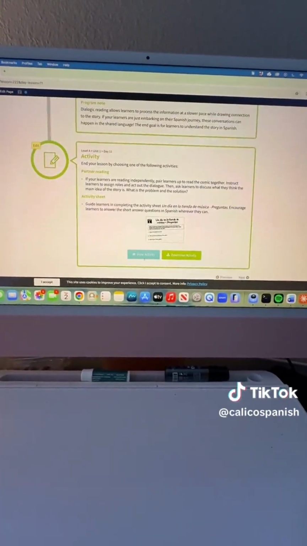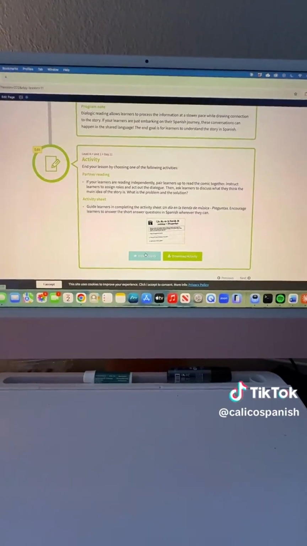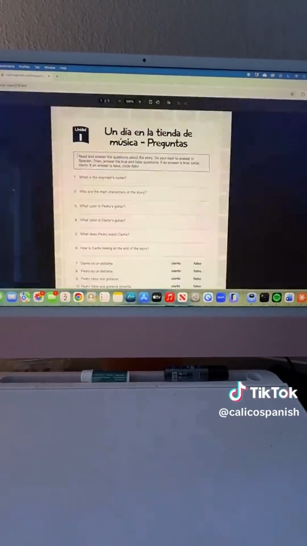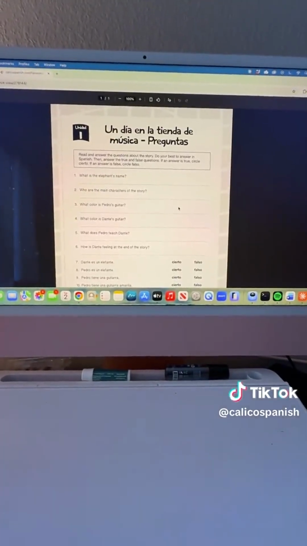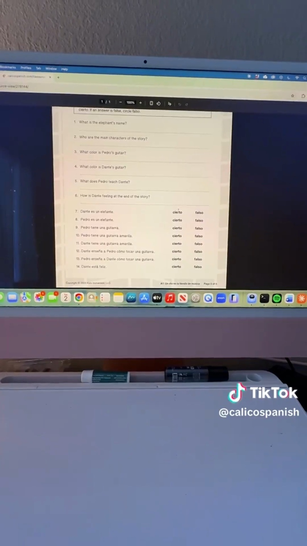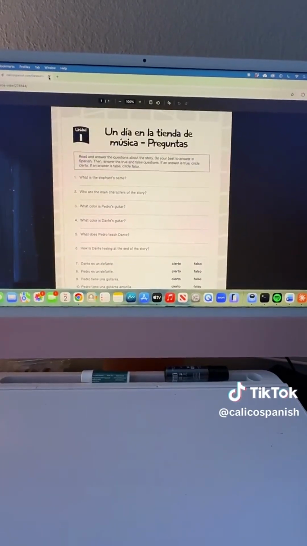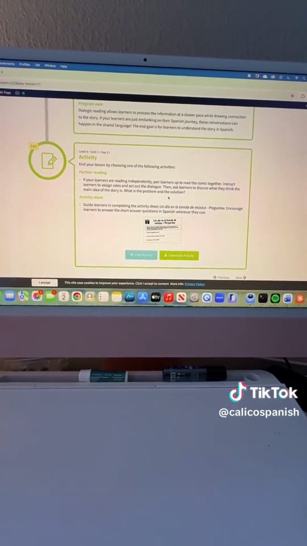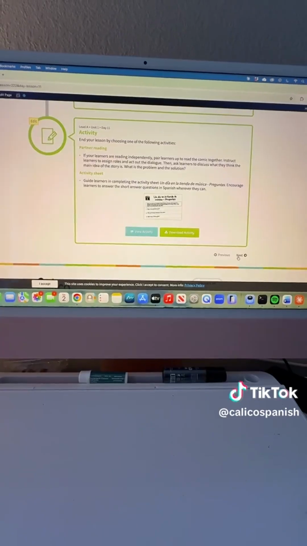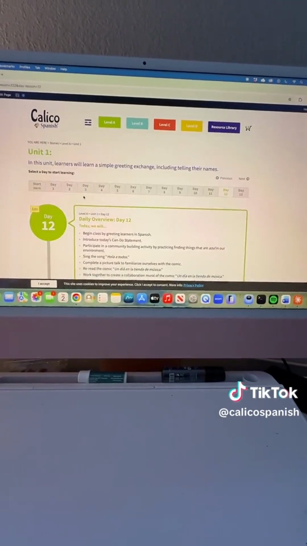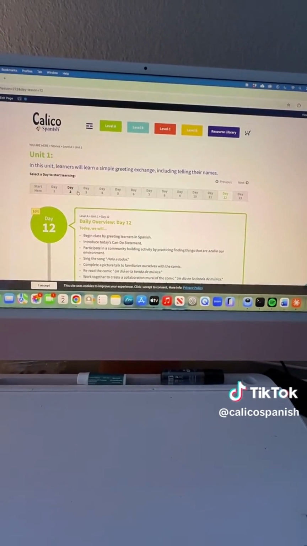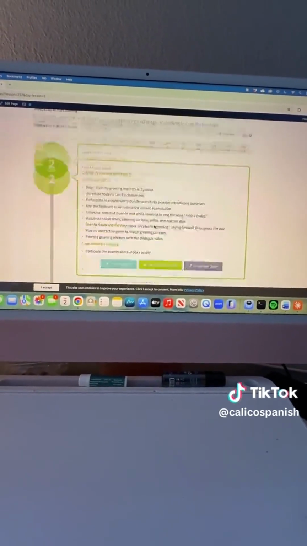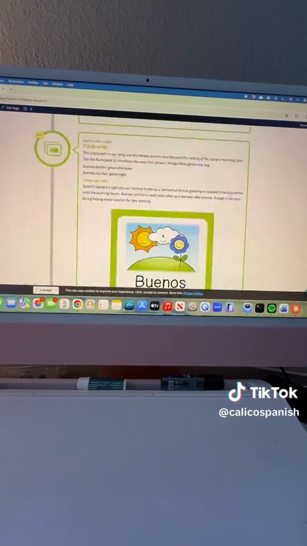Talking more about this, we have the activity sheets. These are what kids are working on and showing what they know. This is more comprehension based for maybe an upper level elementary student. And we also have things that are more for younger kids. So for example, if I go to maybe day 2 here,